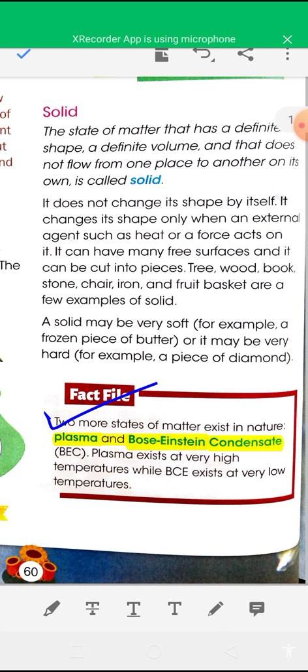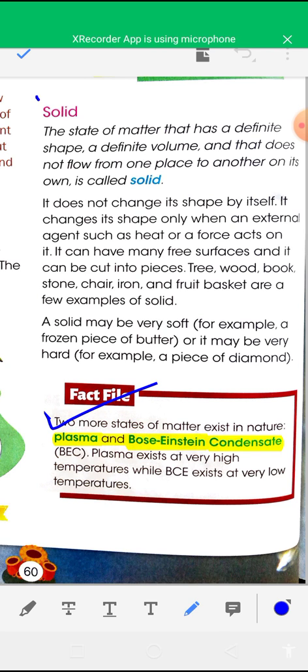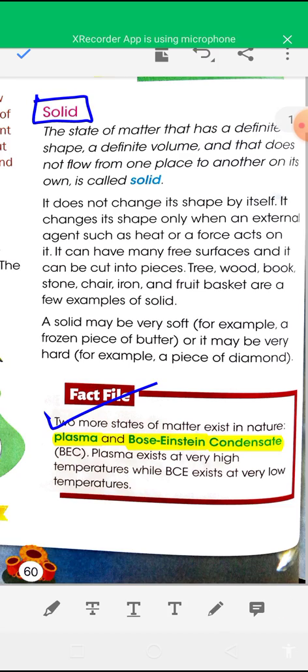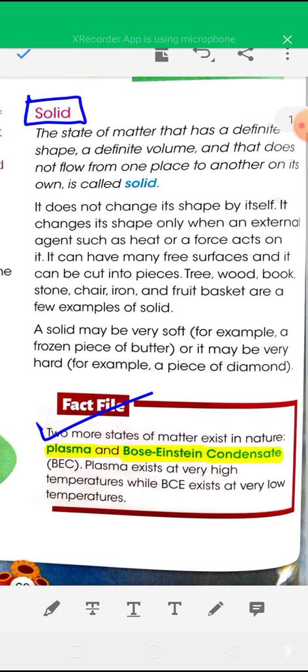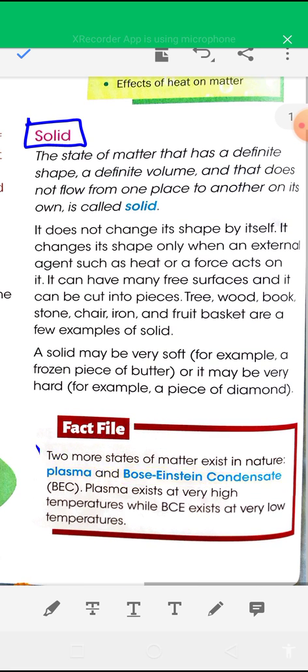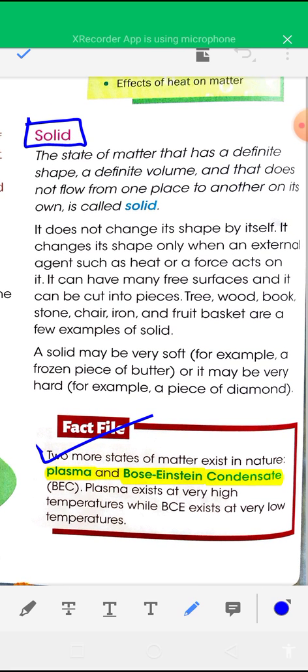So the first type of state of matter is the solid state. Solid state is the state of matter that has a definite shape and definite volume, and that does not flow from one place to another place, is called solid. Okay, so solid is the state of matter that has a definite shape and definite volume, and that does not flow from one place to another place,